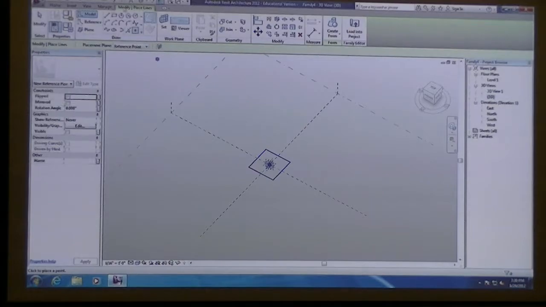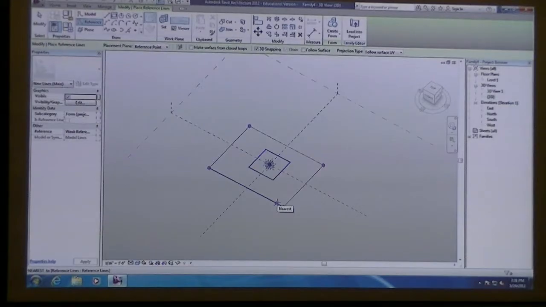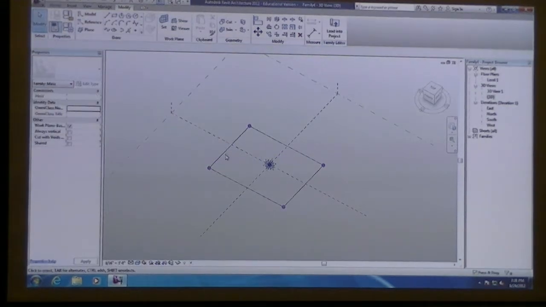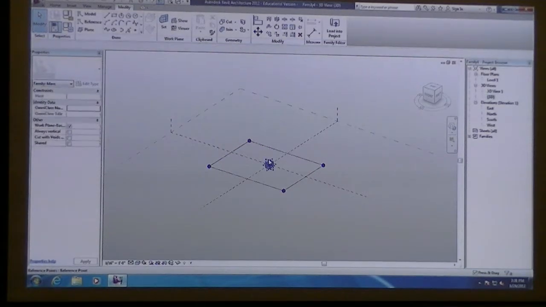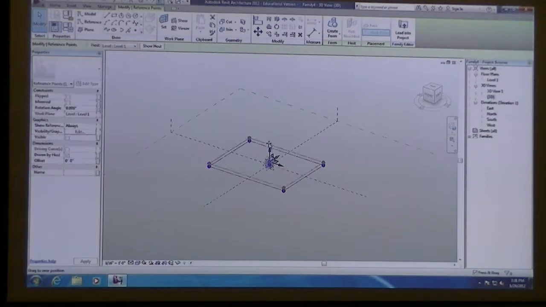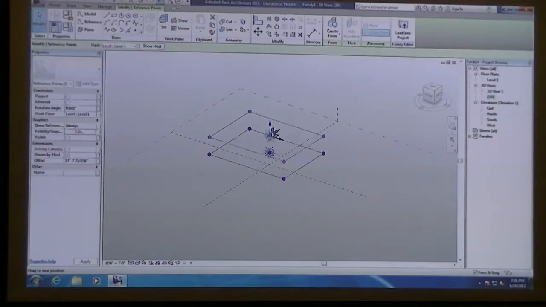And it defaults back, I wish it wouldn't, to all these model line and point settings. So if I click on reference line and rectangle, I'm just going to draw a left click from one corner to the other. You should know that that has a behavioral relationship now. If you pick the point and move it, you should see that reference plane move up and down as well.